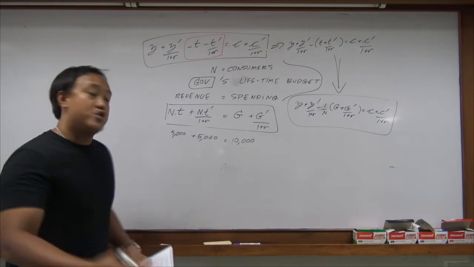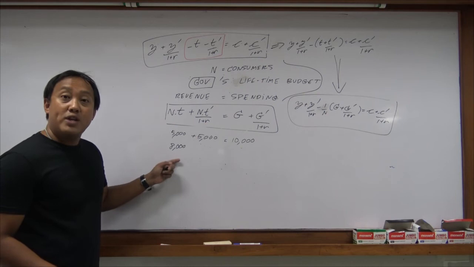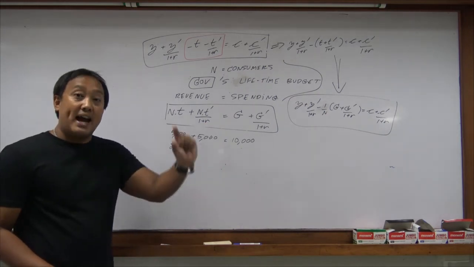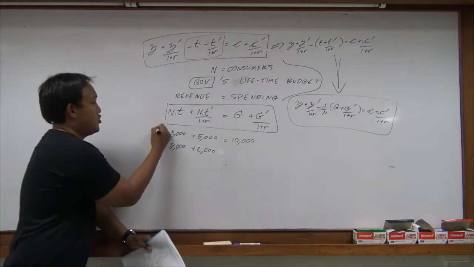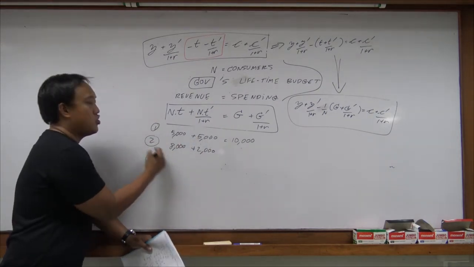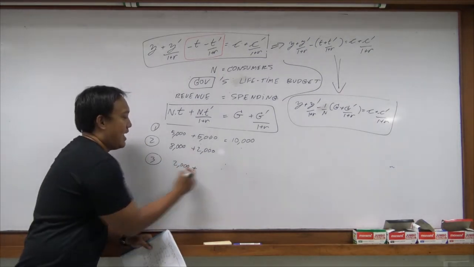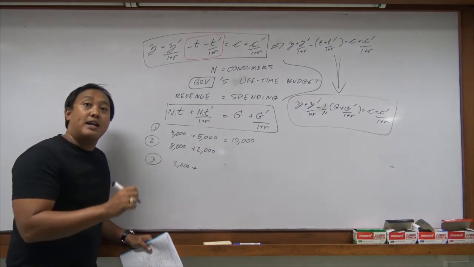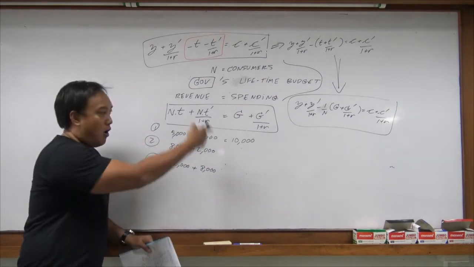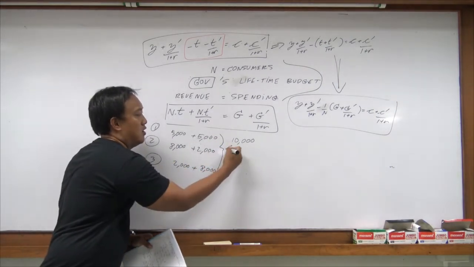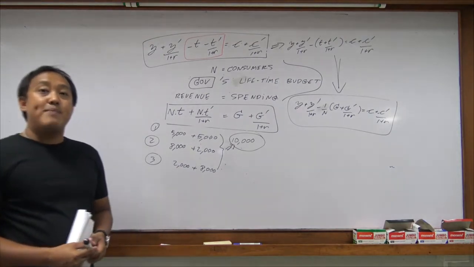Or they may use the other choice. They may tax more today, 8,000. If they tax more today, it means that in the future they're gonna tax less, only 2,000. You see that? First choice, second choice. The third choice is they may tax really low today, 2,000. If they tax very low today, it means that in the future they need to tax us more, 8,000. All of this equal to 10,000. See that? Okay. So the government have many strategies.